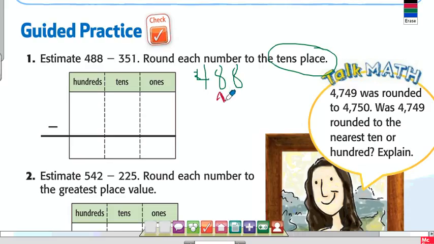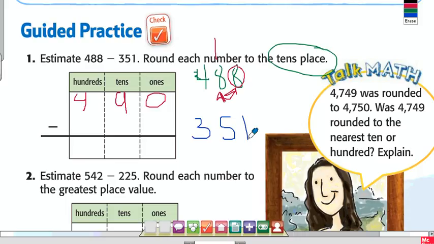So am I working with a 4? No. So I'm looking over to the right. What does the 8 say? Add 1 to the tens place. So 1 plus 8 is 9. And replace this 8 with zeros. So then I'm going to take